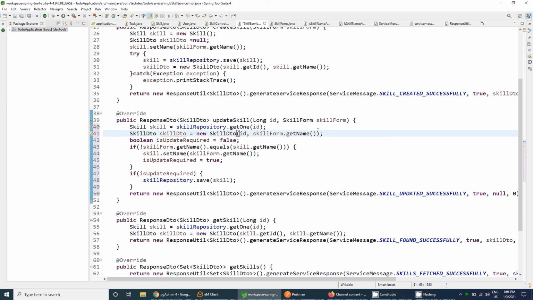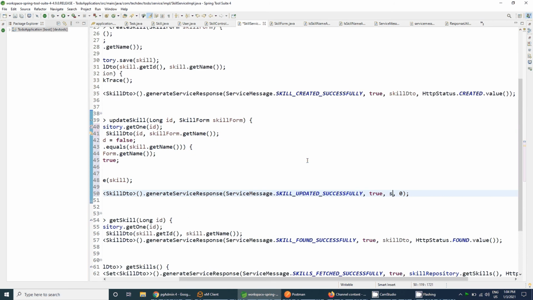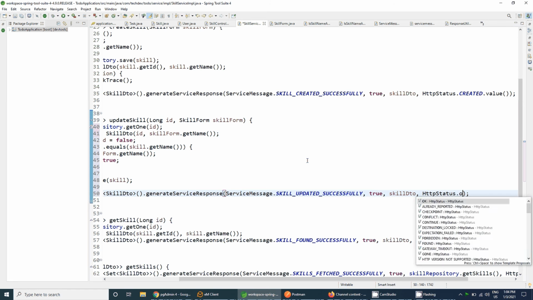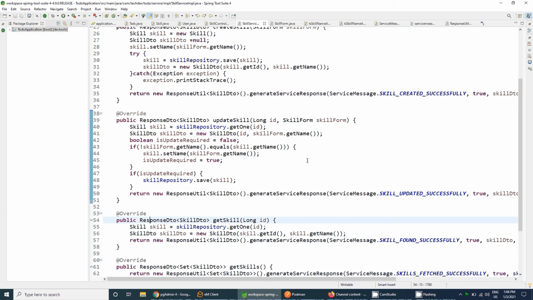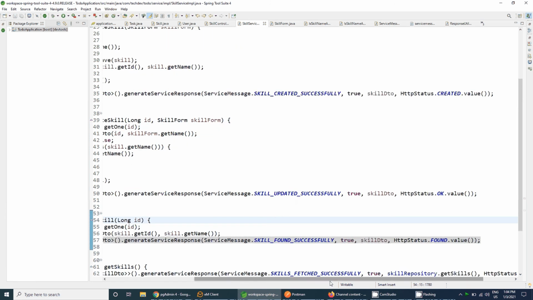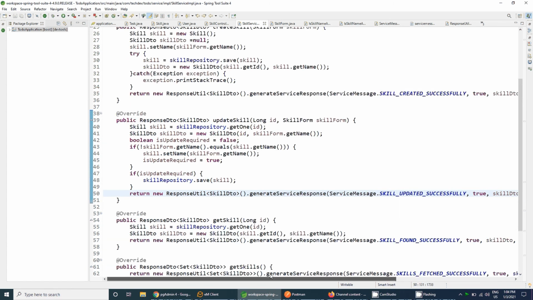It will be the same. So we are just returning the skill DTO here instead of null. We will give the skill DTO and the HttpStatus dot OK dot value. So it will return our service response for that skill updated successfully message, and the API response will be true. The object will be the skill DTO, and the API status will be OK, that is 200.